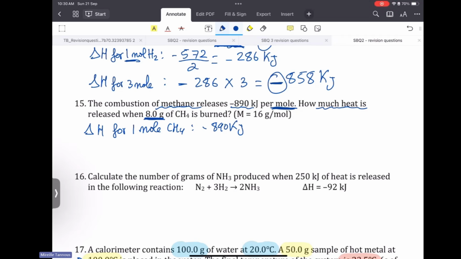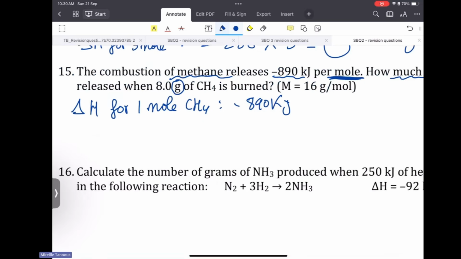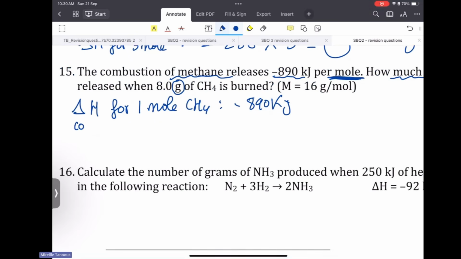Now, it's not giving me moles, it's giving me grams. So I need first to convert this mass to moles. How do I do this? I will take the given mass and divide it by the given molar mass of methane. So it's 8 over 16, and that is half